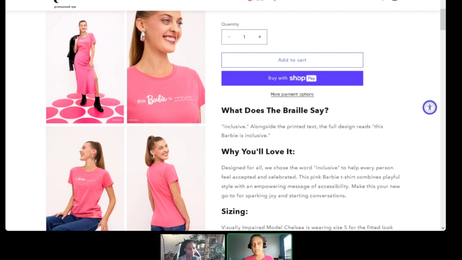Where am I? I'm going to press my JAWS key plus up arrow to say line. Do you require accessible packaging? Combo box. Yes dash braille. That's right. That's where I was at. I'm going to keep arrowing down. Quantity. Decreased quantity for Barbie trademark Exhale design: this Barbie is inclusive T-shirt button. Oh, I love that it's read the decrease for this t-shirt is accessible or the t-shirt is inclusive button